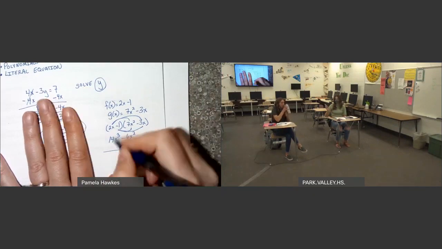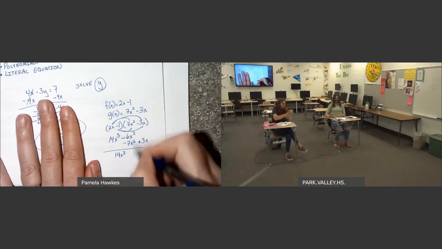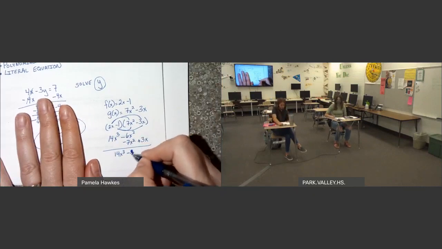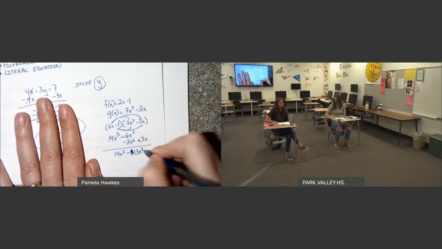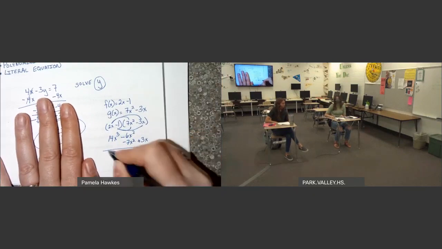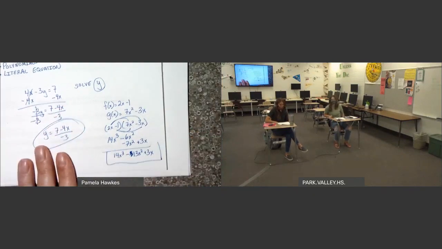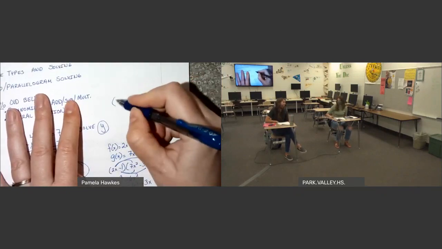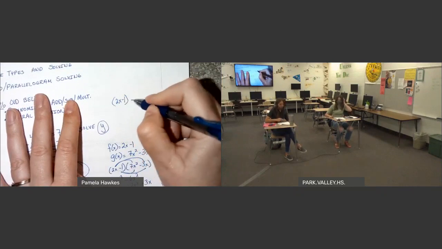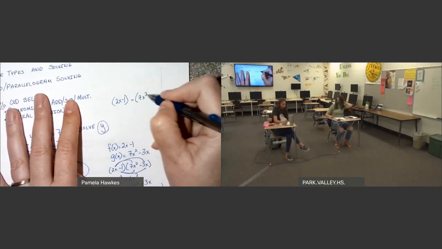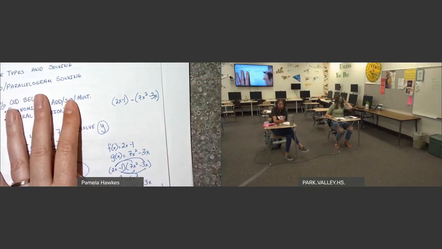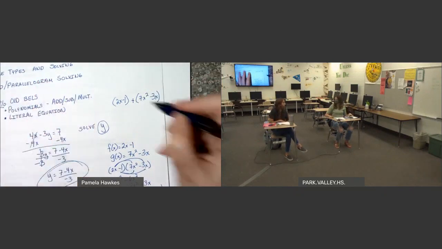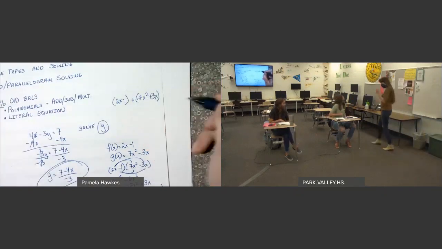So I go 14x cubed minus 40, no, what is that? 13x squared plus 3x, right? That's multiply. What if I said subtract? Use the same ones. I go 2x minus 1 minus 7x squared minus 3x. What do I do? So I go this. How do I change it to add? These are opposite, so I get